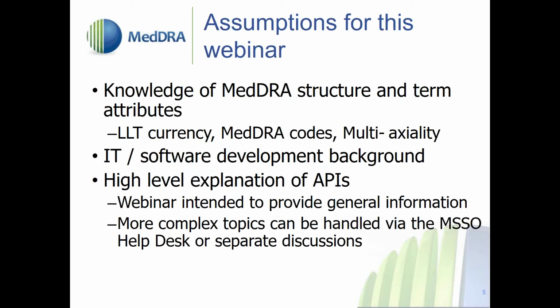Now, having said that, this webinar is only going to discuss the APIs in general. If there are more complex topics that come up through the Q&A session, we'll be handling those either through our help desk or, if necessary, separate discussions, as it's just not possible to go over a complex issue in this format.